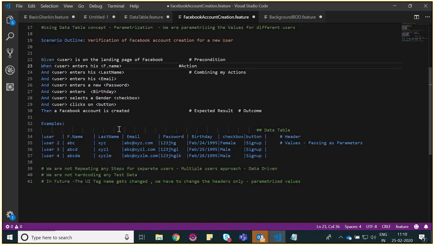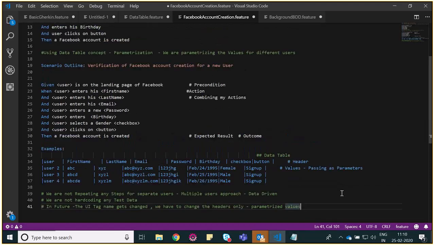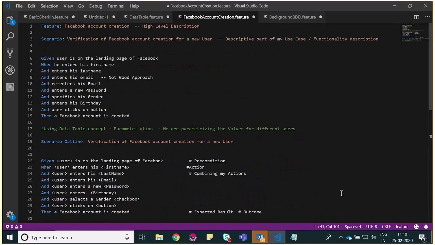Cool. I have to do the same thing for name. See, this is how easy it is. This is how simple it is. Cool. And I always tell people to follow camel case. Camel case represents like this. You can use camel case like this, or it can be like this also. Cool. So this is how easy it is, and this is why I have introduced this particular concept called